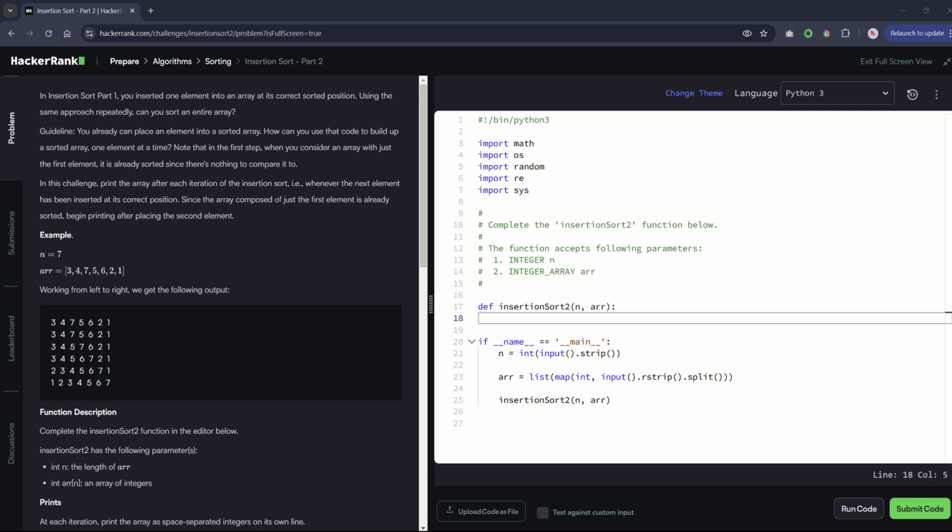So I'm really confused at how they want us to sort the array. These directions are not really clear. So start with the second element. Okay, so